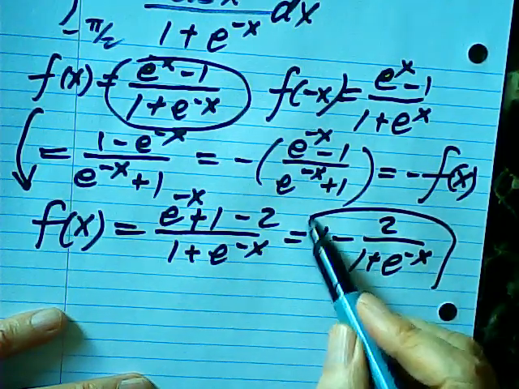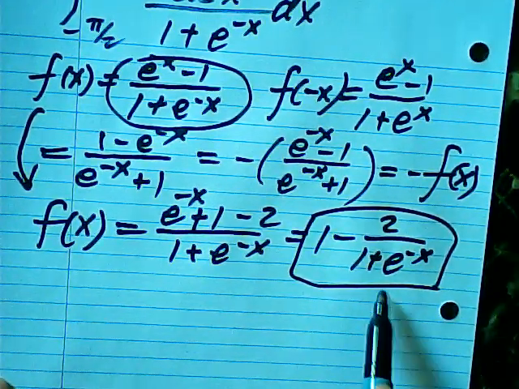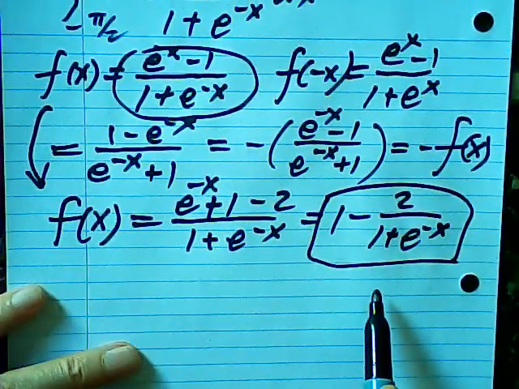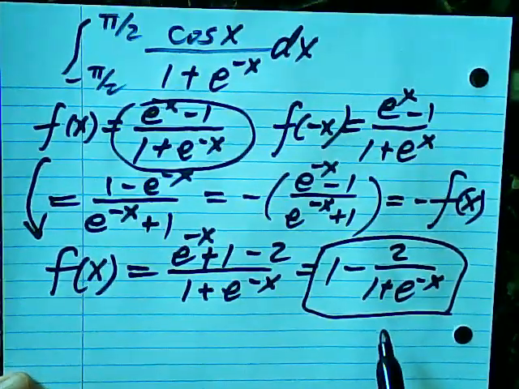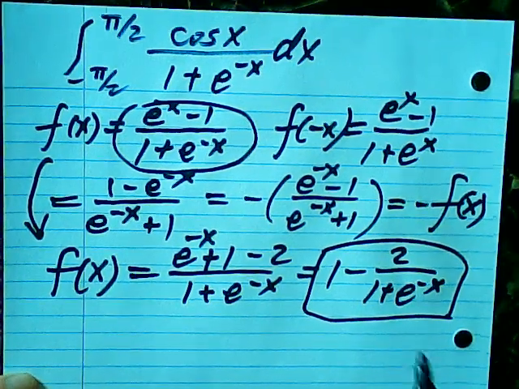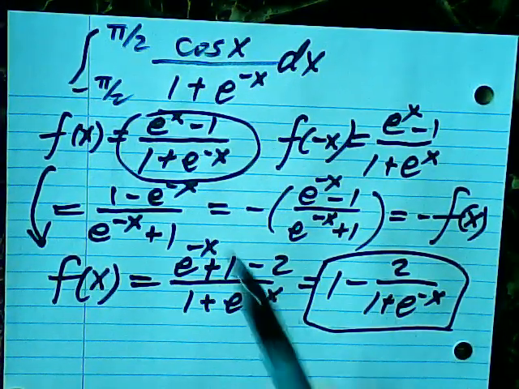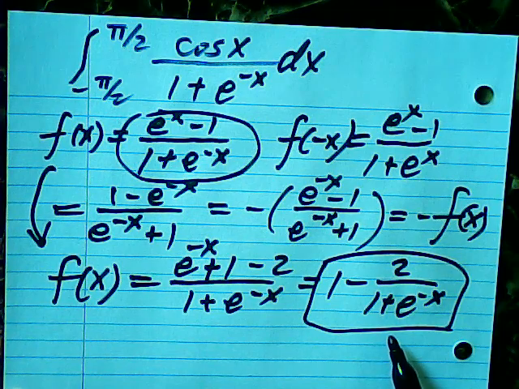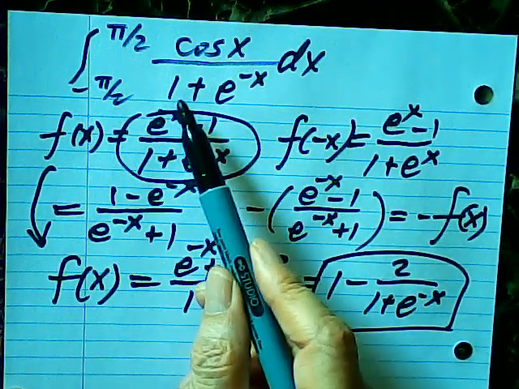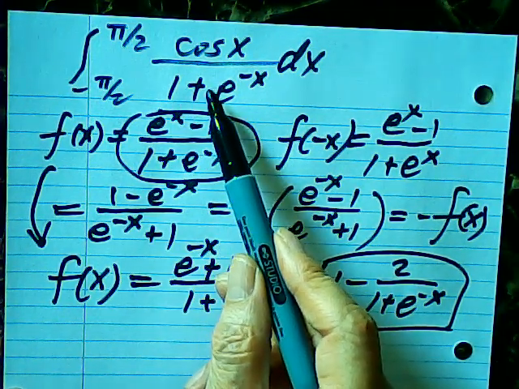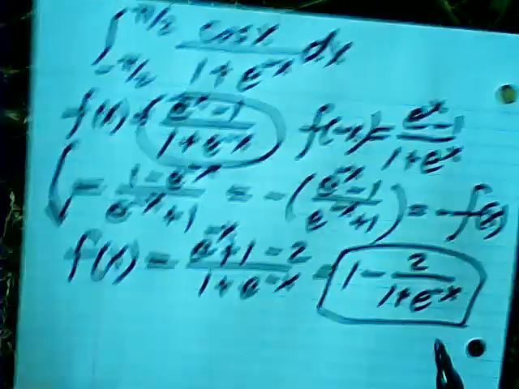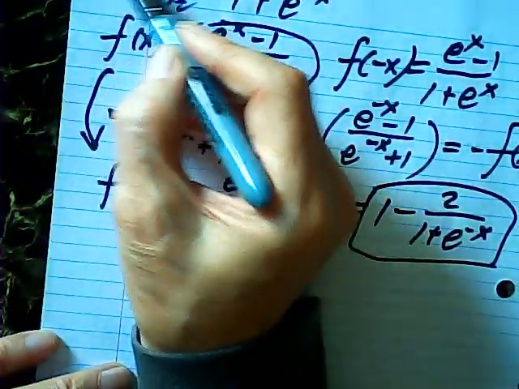Which means that this is an odd function. The function I'm introducing is an odd function. Could be this way or could be that way. For our integral purpose, I want this form. Okay, so my I